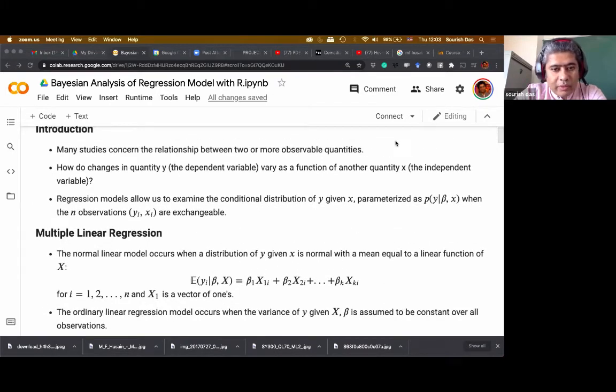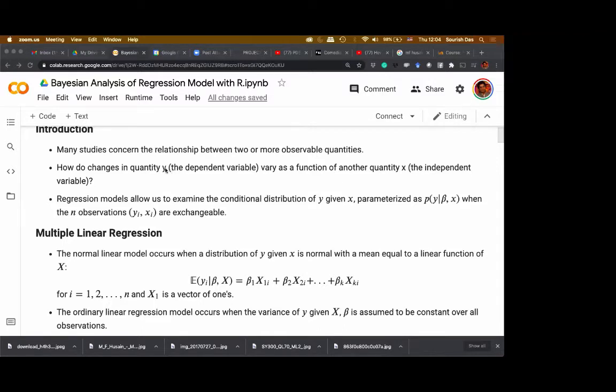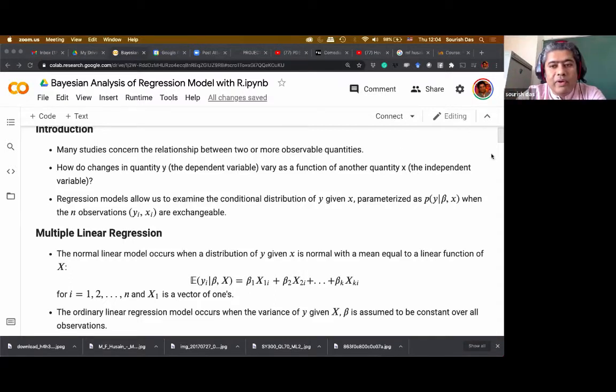So effectively what happens is we have some target variable or dependent variable, say y, and we want to predict y or estimate y given another quantity. Sometimes we call it independent variable, sometimes feature variable, sometimes predictor variables, depending on which community you're talking to. But given an x, I want to say something about y. So this is the precise statement of the regression.